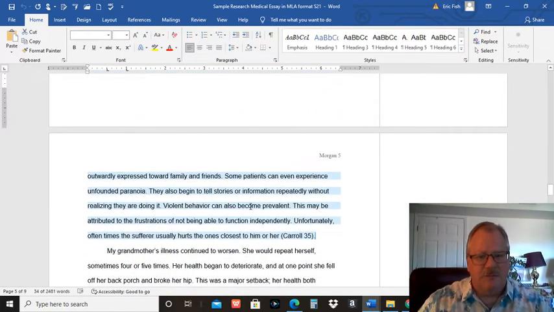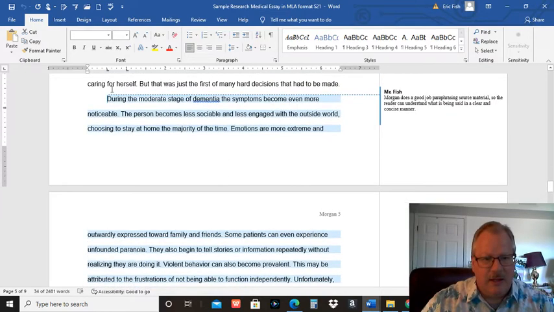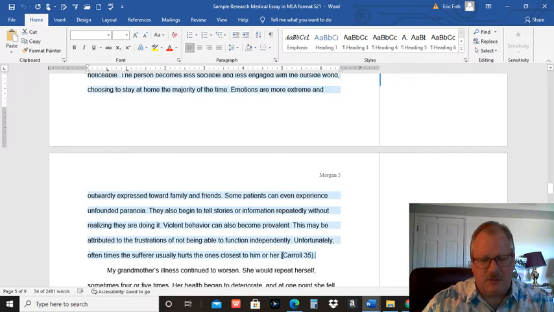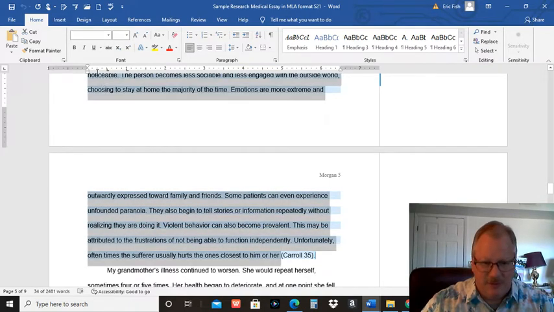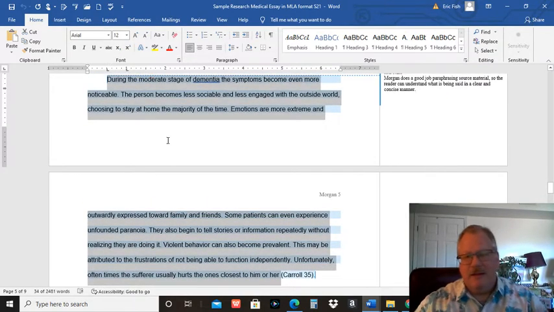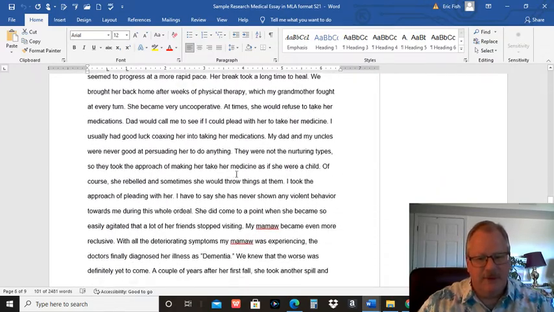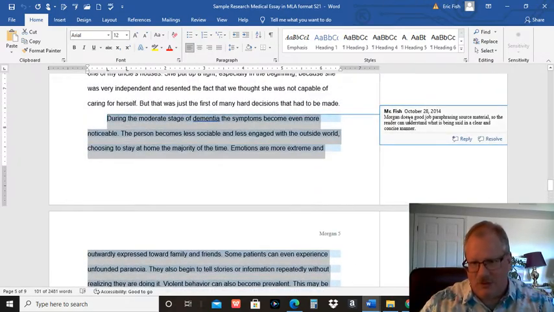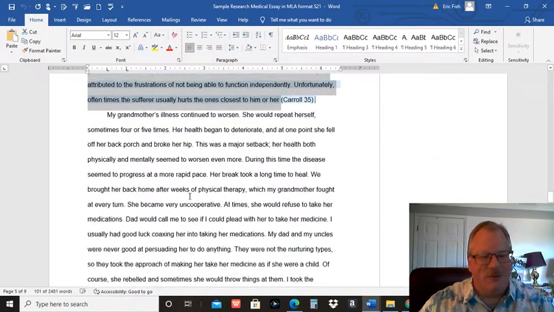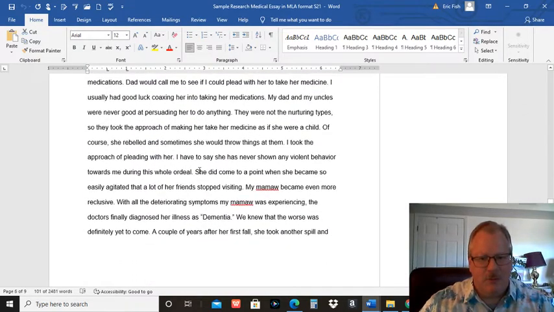Here we got another paraphrase, it looks like, discussing the moderate stage of dementia. Looks like a paraphrase because it's longer. And kind of feels a little more detailed. And that's kind of how they work. And hopefully you can kind of start reading through the essay. Be sure to note the commentary on the side. That'll help a little bit. But if you see quote marks,